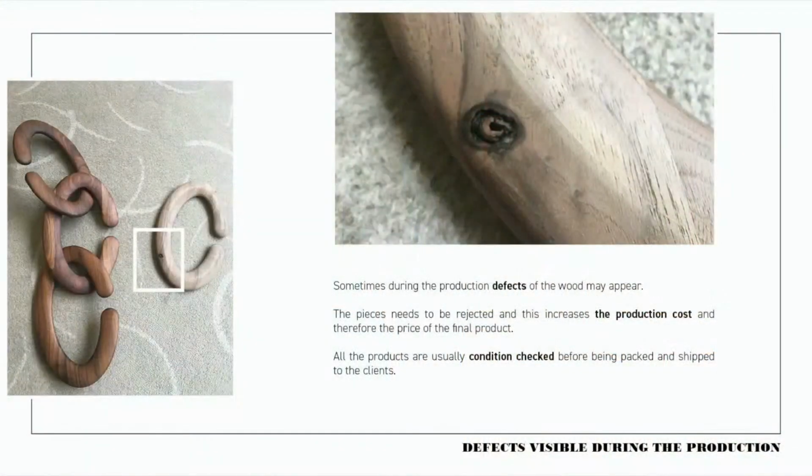A very important problem that wood can have is defects. Defects are problems that may appear even during the wood processing, even at the end of the production process. Defects like, for example, a knot that you can see in this picture create an issue, because